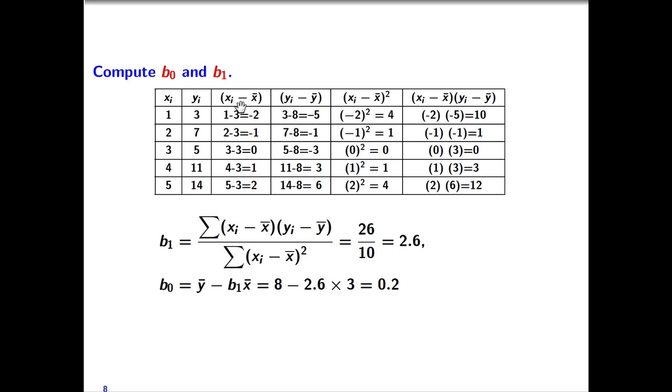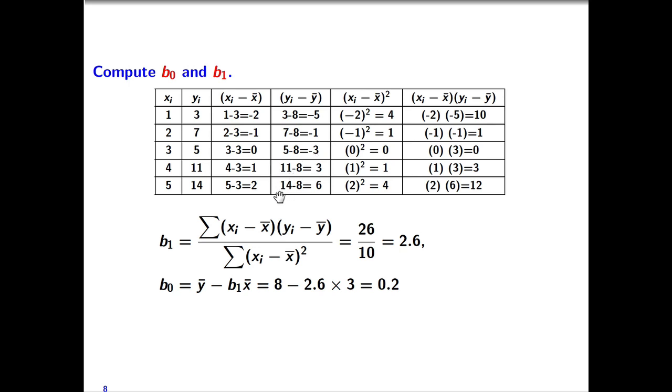That's for xi minus x bar. For yi minus y bar, we have 3 minus 8 equals negative 5, and 7 minus 8 equals negative 1, 5 minus 8 equals negative 3,